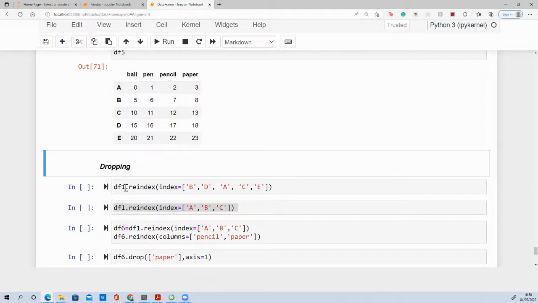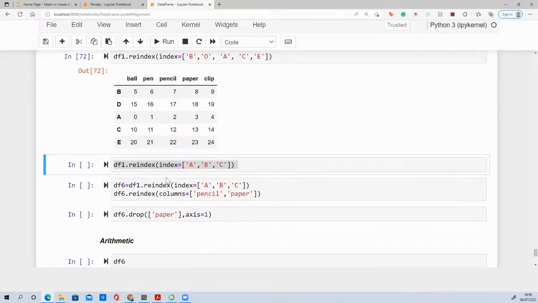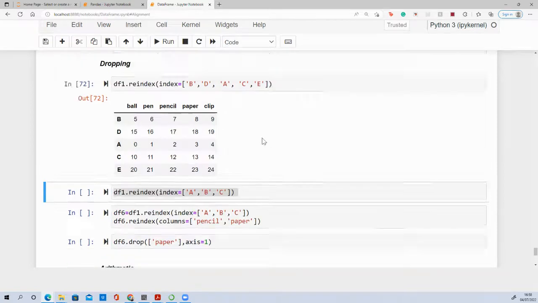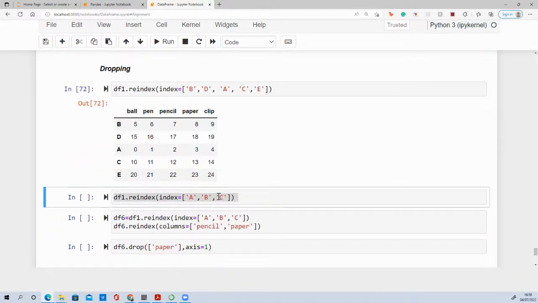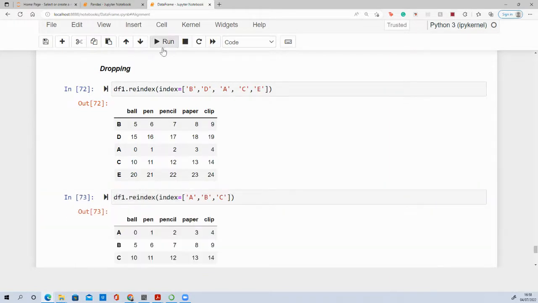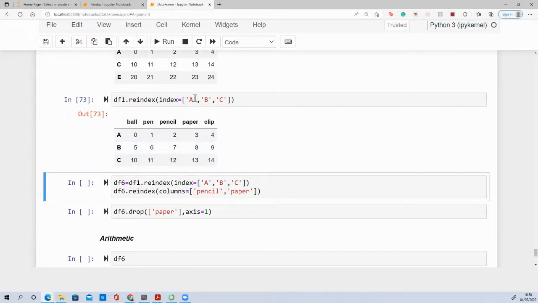Okay, let's look at this. We've seen this before, and I'll tell you how to drop a column. It's actually what I just mentioned. You can drop a column just by removing it. So these are the rows. You can drop a row by just selecting the ones you want and leaving the rest. So I'm dropping the rest apart from A, B, and C. And again, you can drop a column by just